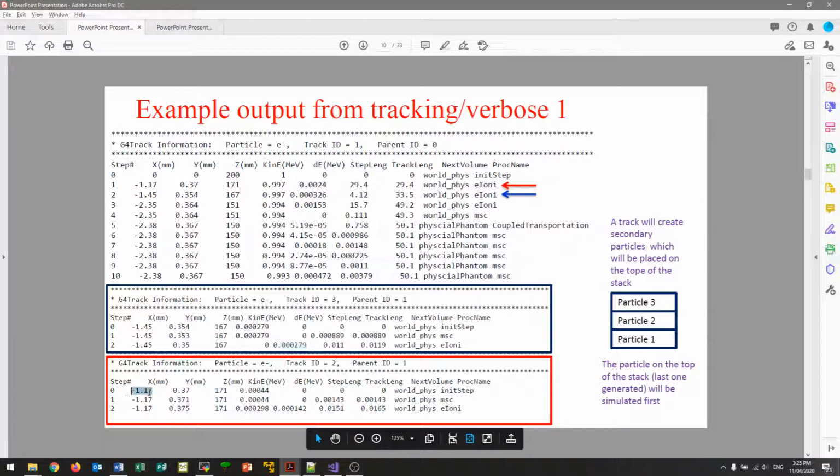So if we again look at its step position in 0, we see it was created at minus 1.17 millimeters, 0.37 Y, and 171 millimeters in the Z. So if we look again here, we see that these positions align, and we look at the energies again. Due to binding energy, this energy will be less than the change in the energy dE of the primary step here. And so this is just an example of an event